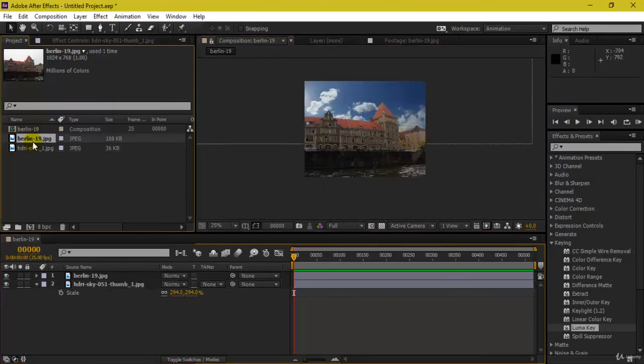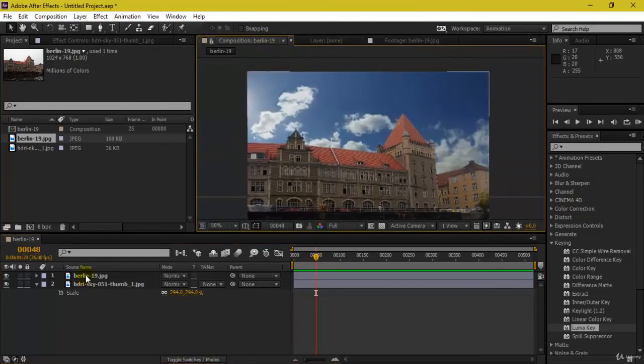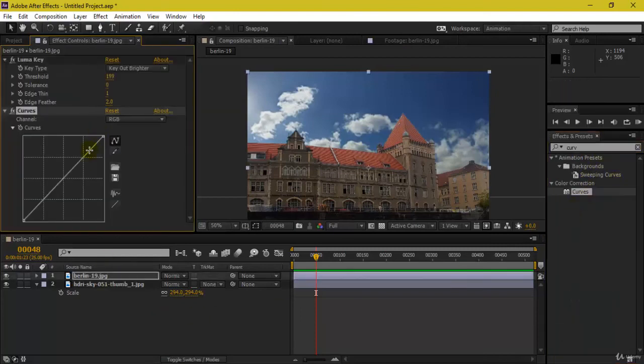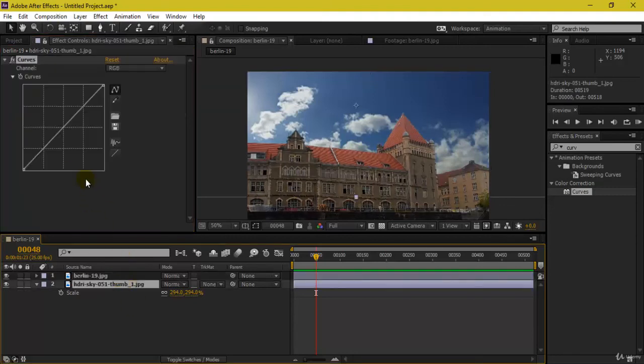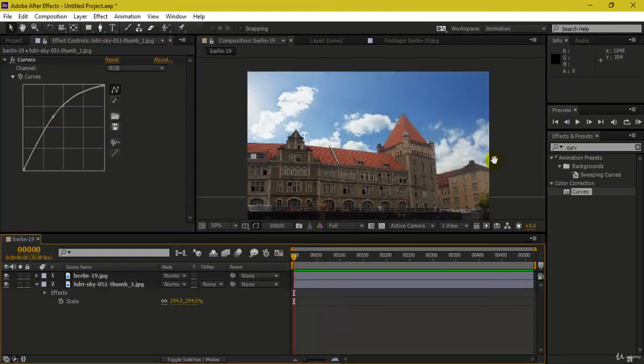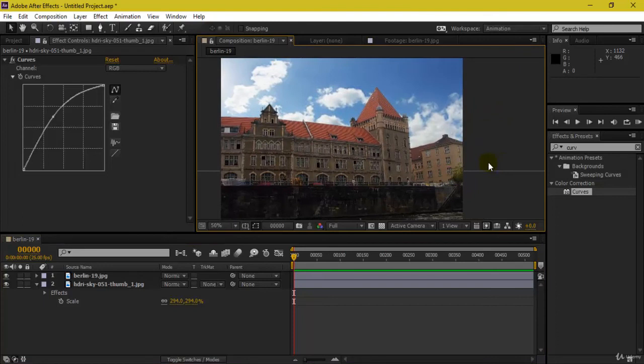By default it was this, and if I go to my comp, it actually becomes this. You can also add some curves here in order to increase the brightness, as it slightly looks a bit dark. Sorry, not for this. You have to add your brightness on the sky, so something like this, and it actually looks pretty natural. So this is how Luma key works, and this was one of the most important keys when you have got something distinct, when you have to wash out something dark or something brighter on your footage or image. It works pretty fine.